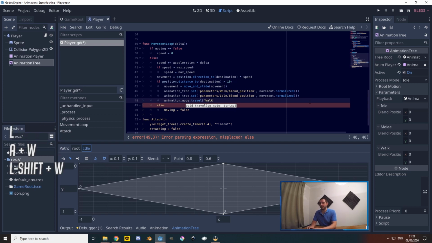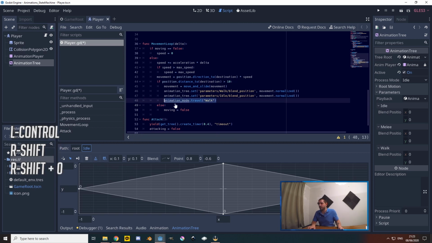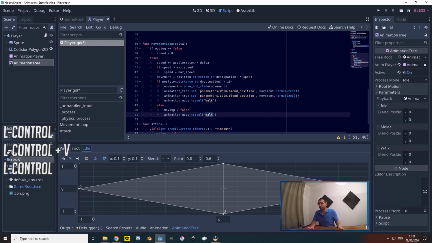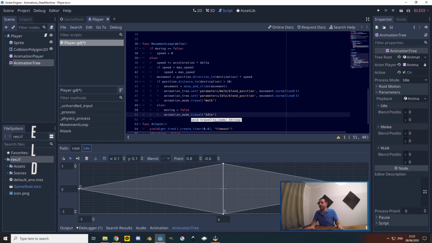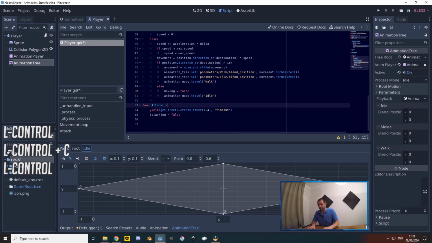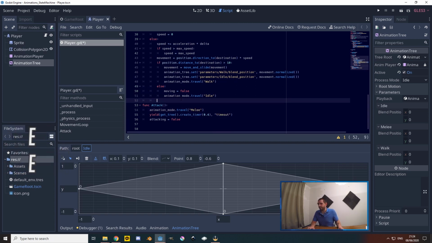Whenever we're walking, we're going to set the animation to travel to walk. And when we're done walking, when we're less than 10 pixels away from the destination, moving is false, then we travel to the idle animation. And whenever we are attacking, we of course take the melee animation.